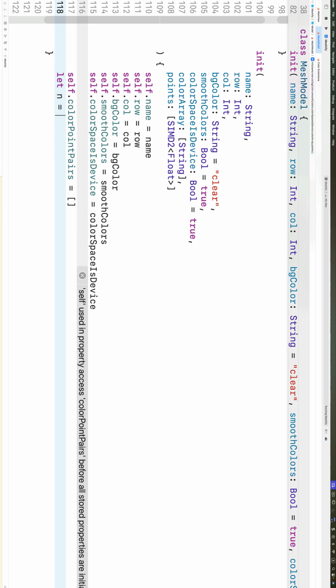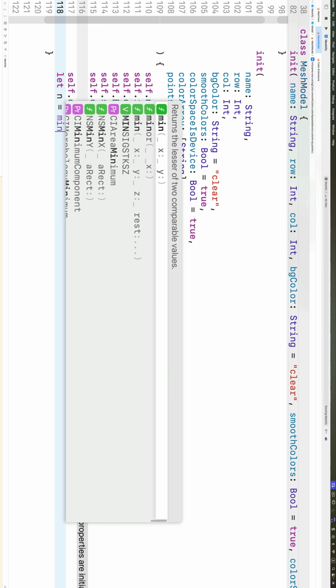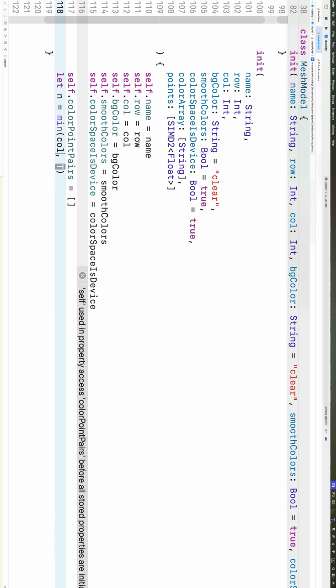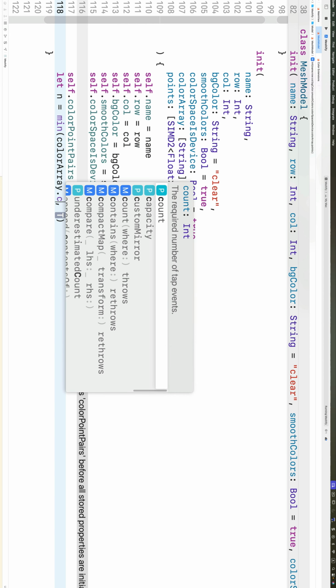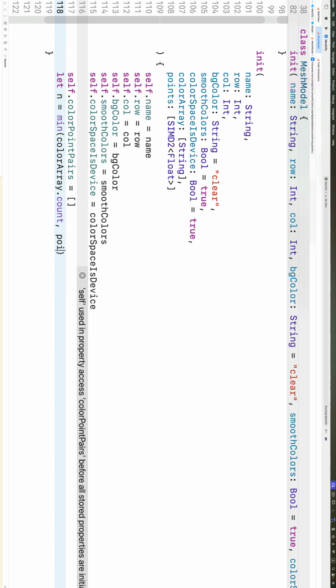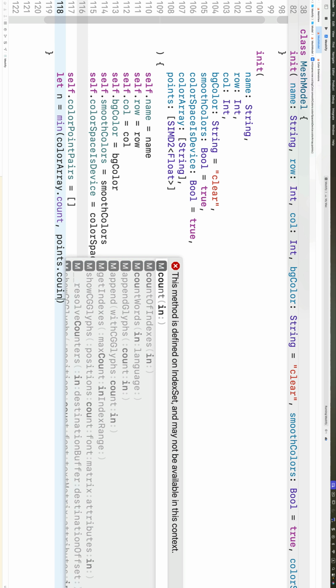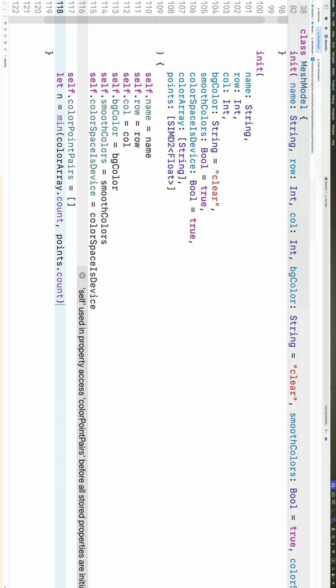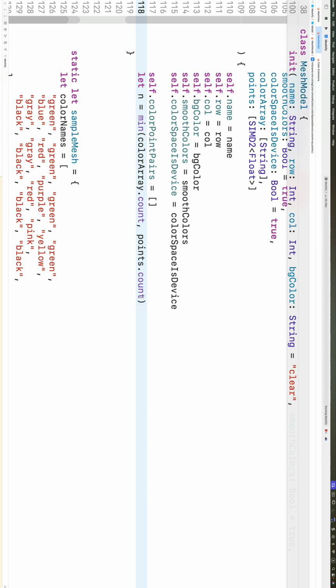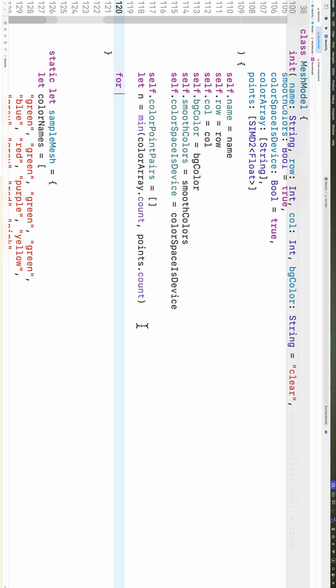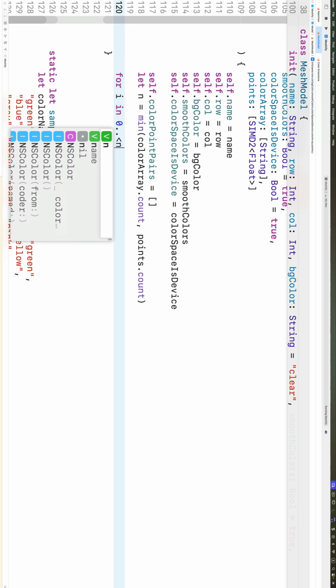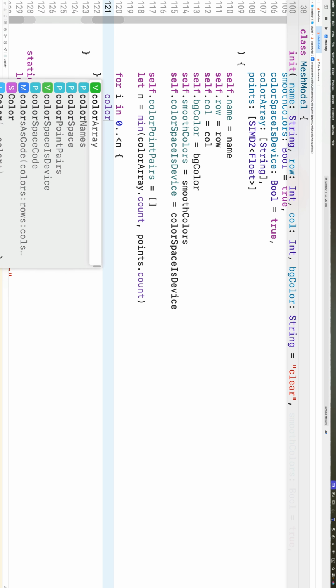And just for safety, let's let n be the minimal value between color array.count and points.count. They should be the same value, otherwise this might cause issues. I'm expecting these to be the same values, but just to be on the safe side, I'm taking the minimal value. And now we can say for i in 0 up to n,